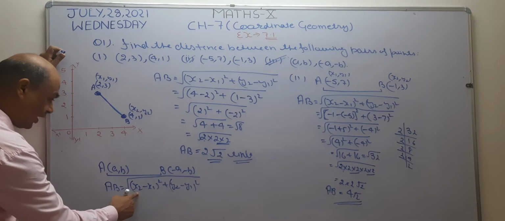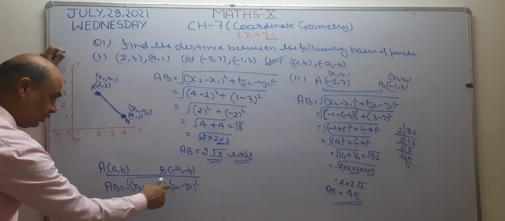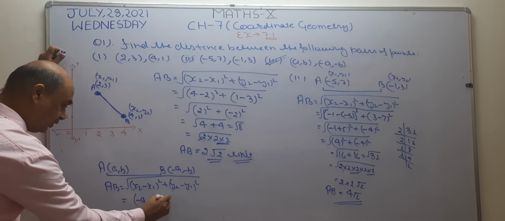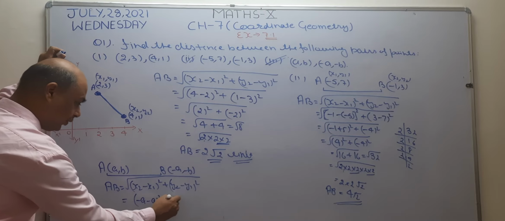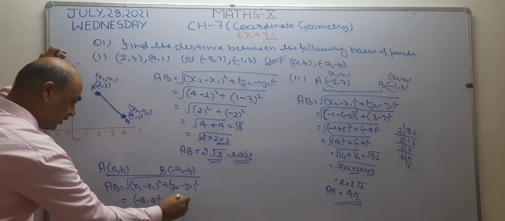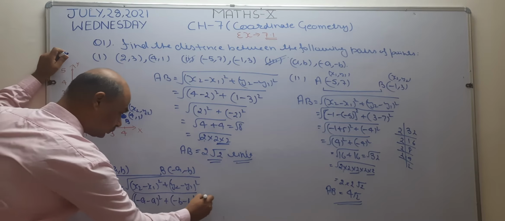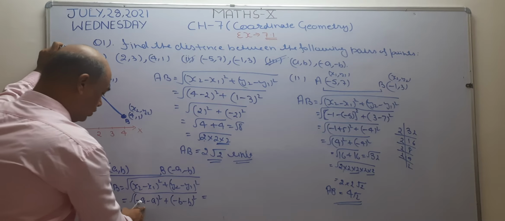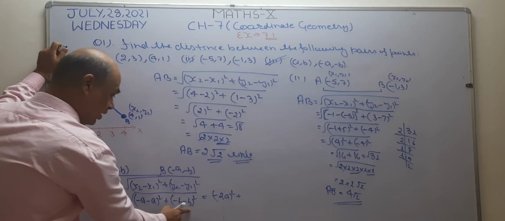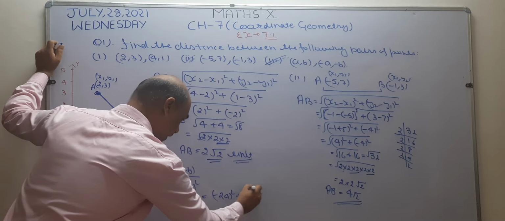Now what is the value of x2? x2 is minus a. Right here minus a. After that minus sign is there. Value of x1. x1 is a. Right here a and its square. Now value of y2. y2 value is minus b. Minus sign is there and the value of y1 is again b. Okay. Now see, minus minus plus. So this becomes minus 2a and its square. Again minus minus plus. So this becomes minus 2b and its square root.